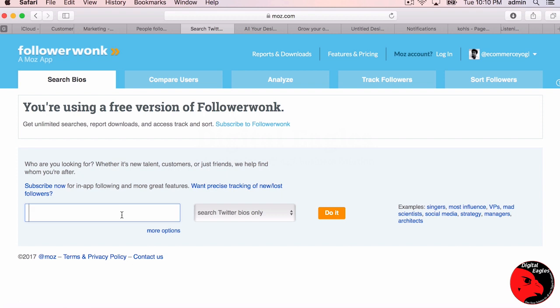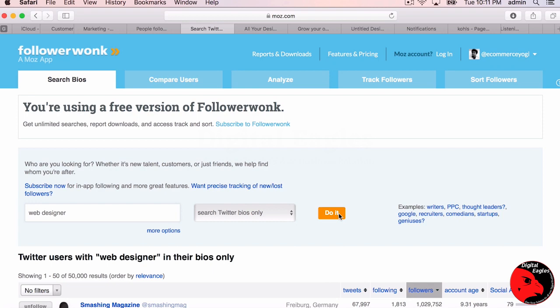the industry terms. For instance, if I am in web design industry and I would like web designers across the world talk about how great my PSD to HTML converter is, then I would like to search for the word web designer and take the drop down, search Twitter bios only, and click on do it. And now Follower Wonk does the magic. It finds web designers across the world